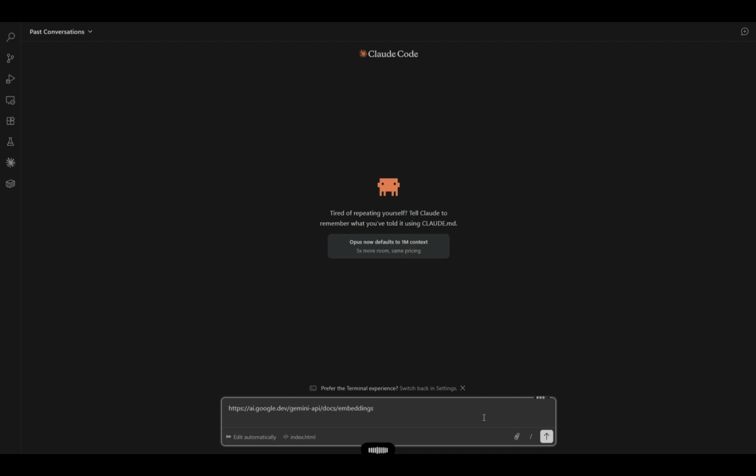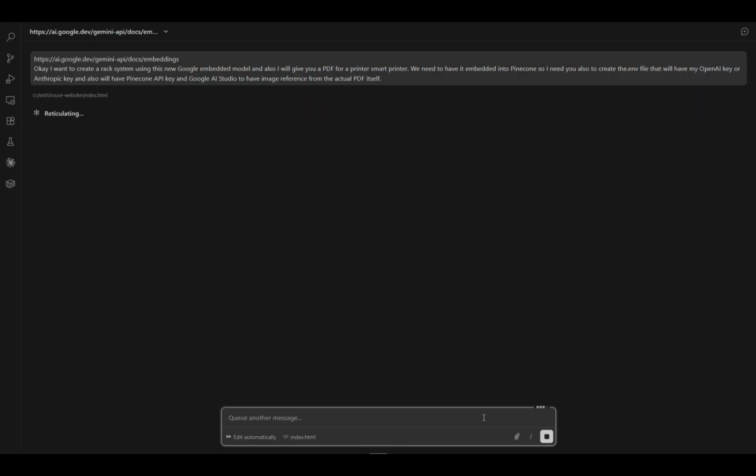I also need you to create the .env file that will have my OpenAI key or Anthropic key, and also the Pinecone API key and Google AI Studio key to have image reference from the actual PDF itself. So we give it everything here. First it will read, let's just put it in plan mode. Plan mode is typically to understand first and to have a plan,